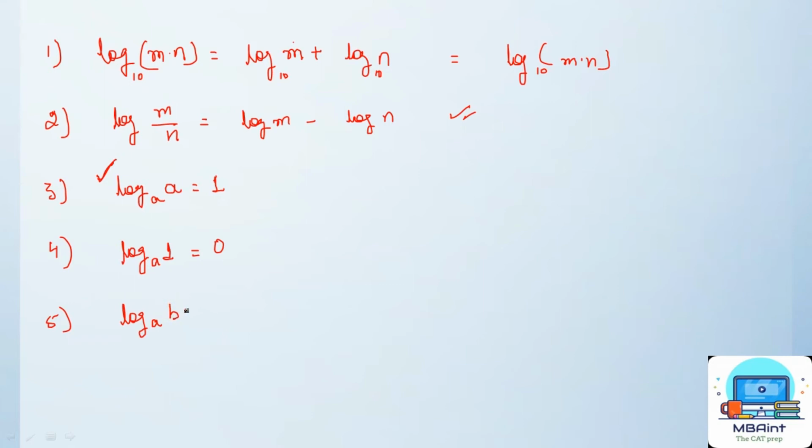Again, a very fundamental property says that if I take log with base a and value b, and it has power m, this power comes ahead of the entire log, which is m into log base a of value b. Remember that whatever the power is, it will come out just outside. If I want to give an example, let's say log base 10 of 2 to the power 3. So 3 will come out here: 3 into the entire log base 10 of value 2.